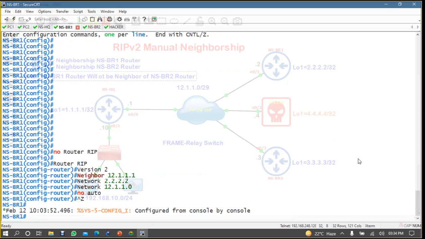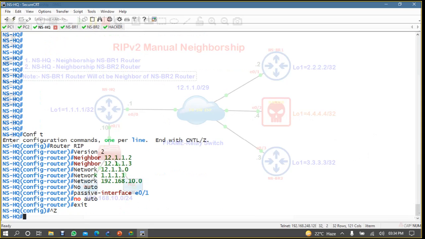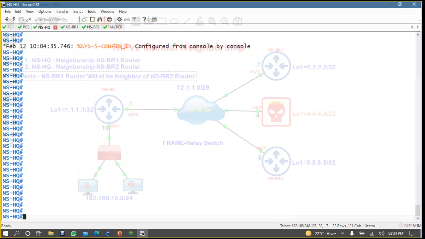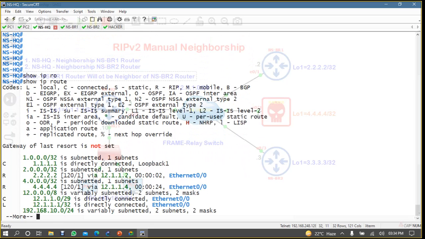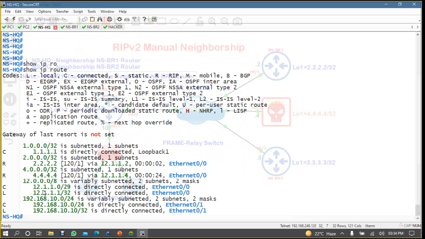Fine, everything is okay. Now if you are coming on your headquarter, now if you are checking here, show IP route, yes, you have routes. Okay, yes, you are getting your hacker routes also, no problem, but hacker